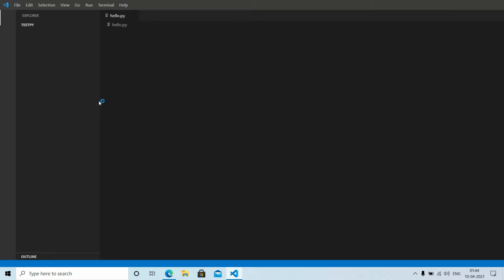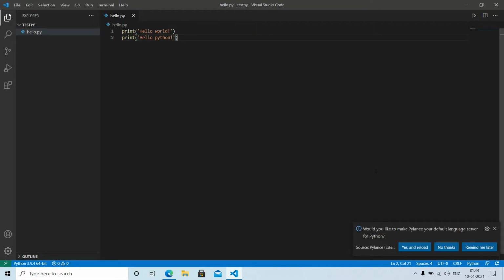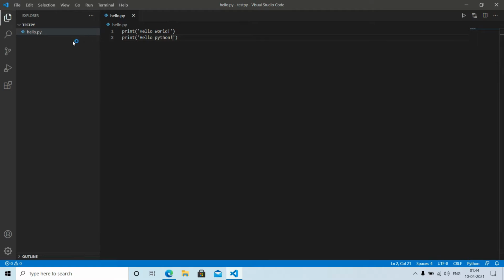We again have to install a couple of extensions to run Java. Let's first open our folder. Let's just create a new folder for Java files. I've changed my compiler to Pylance. You can do it if you wish, or you can also use Python.